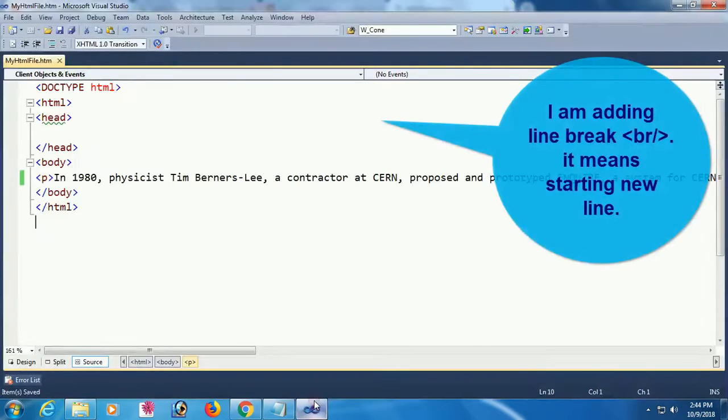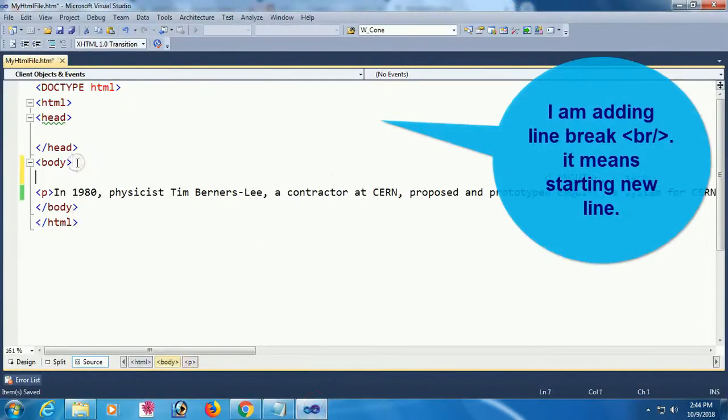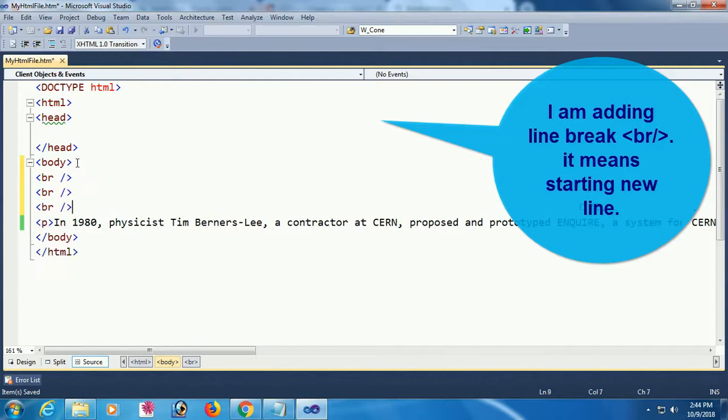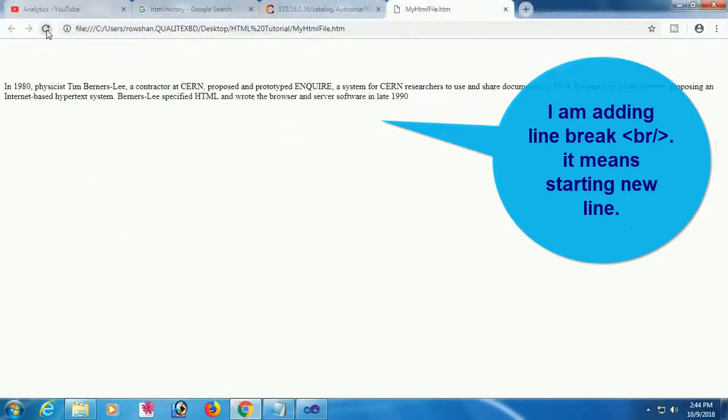Now I am adding a line break. That means starting with a new line. In that case, I am adding a break before the paragraph. 3 breaks before the paragraph. Now reload this page. Yes,